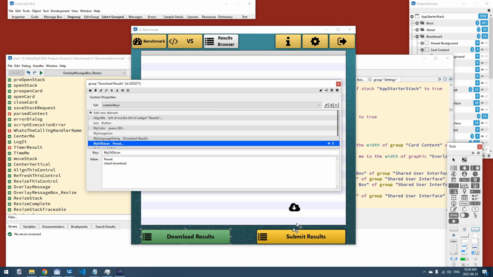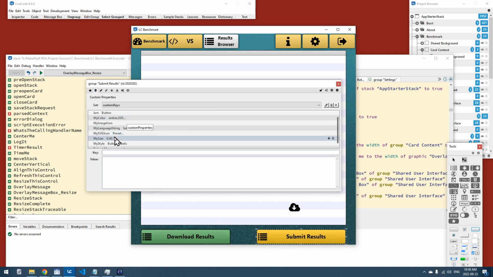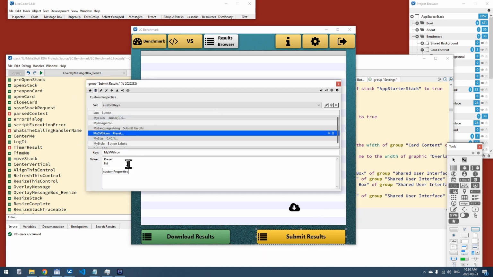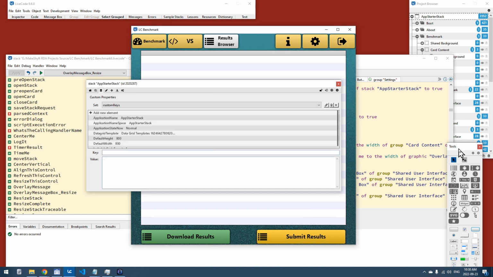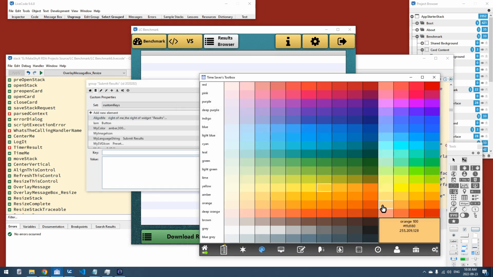Cloud download and cloud upload. And we can delete that. And then actually I want to change this color to be different from this. So let's look one up. I wanted a more kind of reddish color, which would be cool. Let's use red